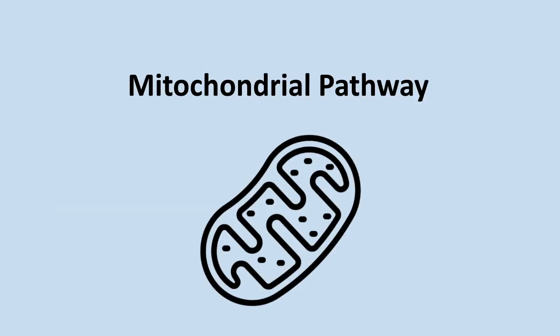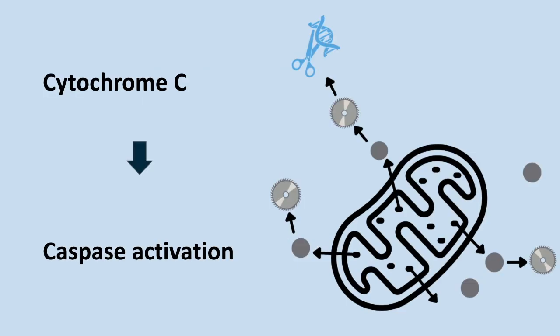There are two pathways of apoptosis. The mitochondrial or the intrinsic pathway is the primary mechanism of apoptosis, and this occurs as the substance known as cytochrome C, which exists within the mitochondria itself, starts to leak out into the cytoplasm. Now, once it starts to leak out, it's going to activate substances that are already in the cytoplasm called caspases, and once these start to activate, they will activate other caspases,